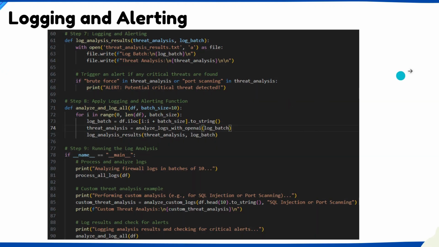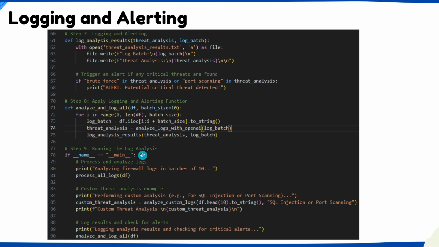Once the analysis is done, we can store the result and even set up alerts for critical threats. For example, if the analysis detects a brute force attack or port scanning, we can log the information and trigger an alert. Here, step 7, logging and alerting. Trigger an alert if any critical threats are found. Then step 8, applying the logging and alert function.